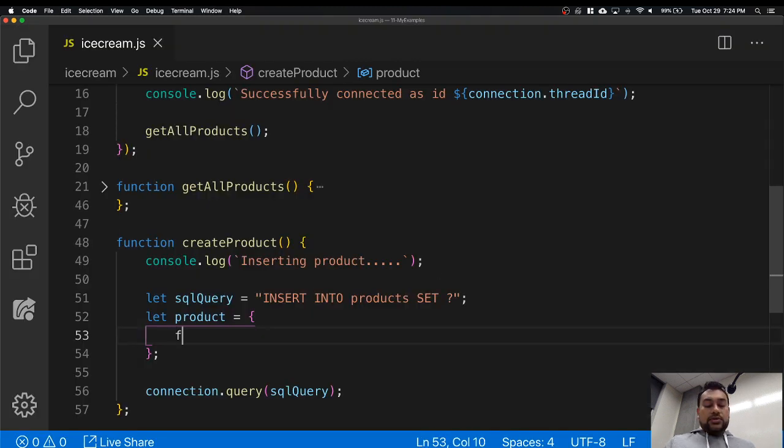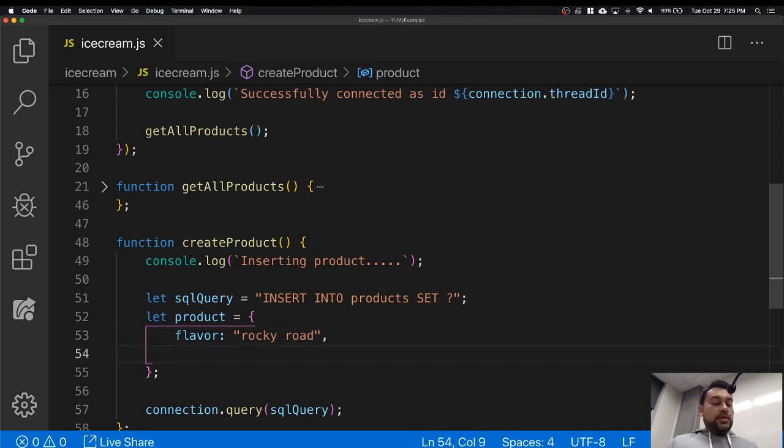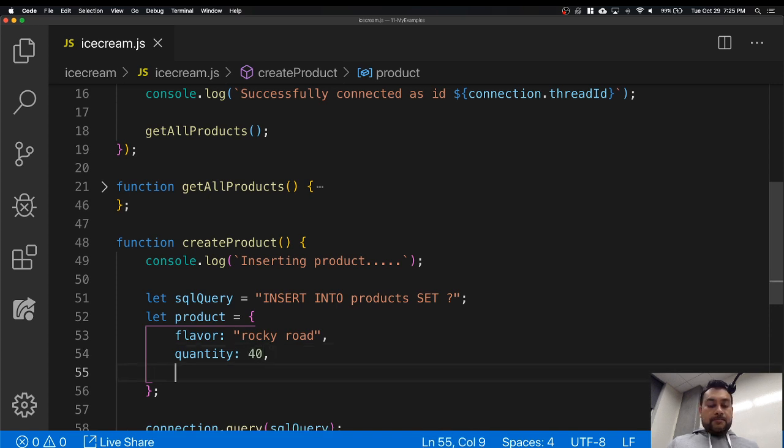Okay, so I'm going to say flavor. Let's say Rocky Road. And then what do I have? Quantity. Let's say 40. And then it's going to have a price. Let's say